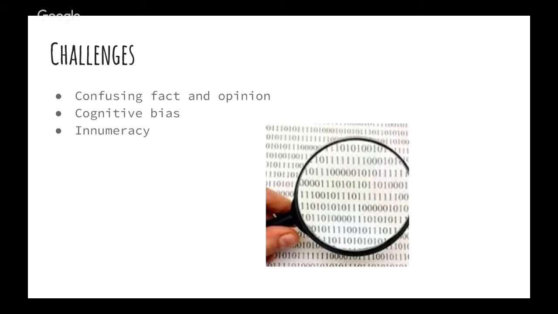So there are three main challenges in data analysis. The first one is confusing fact and opinion. Effective analysis requires obtaining relevant facts to answer questions, support a conclusion, or test hypotheses. Facts by definition are irrefutable, meaning that any person involved in the analysis should be able to agree upon them. By confusing fact and opinion, you're basically pointing your opinions to fact, and that can lead to inaccurate data analysis, which can throw away all your data and be inaccurate and unusable.